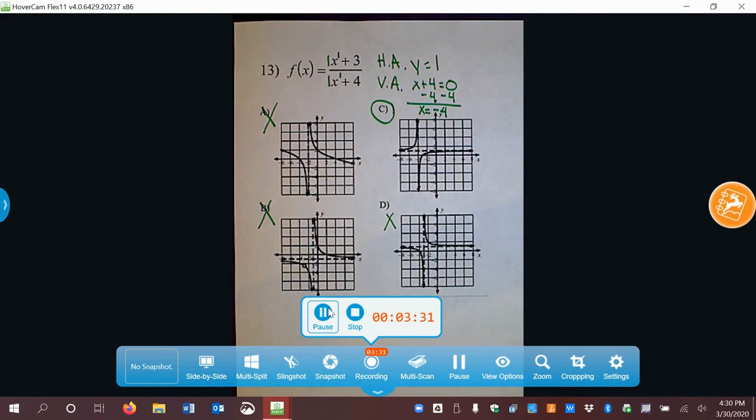Now go and try the other parts of your review sheet. Check my Canvas page for the key to the review sheet where I have worked out